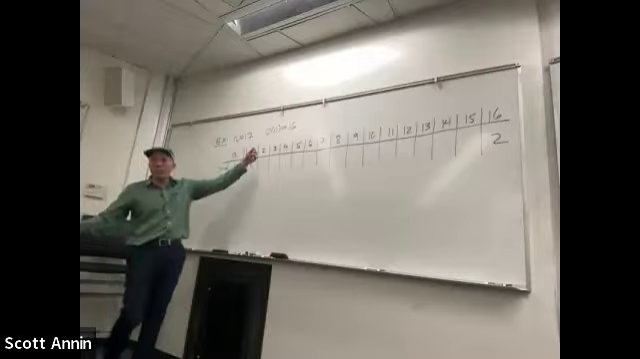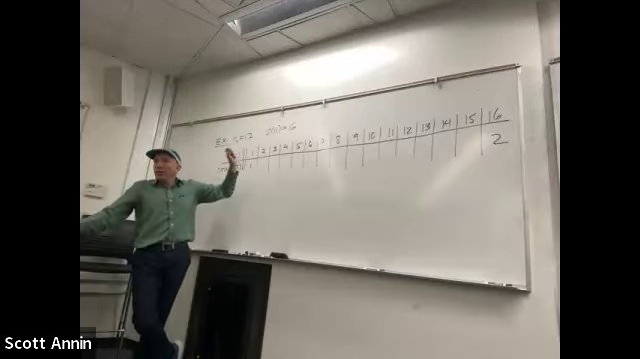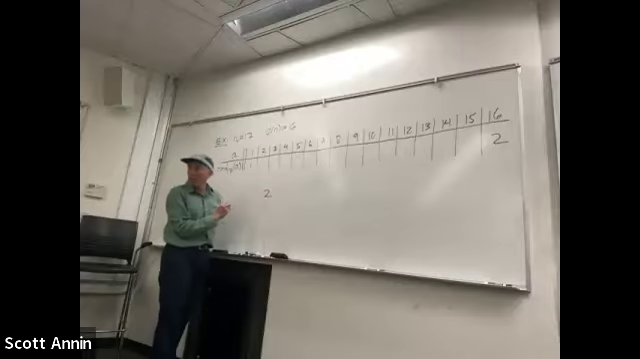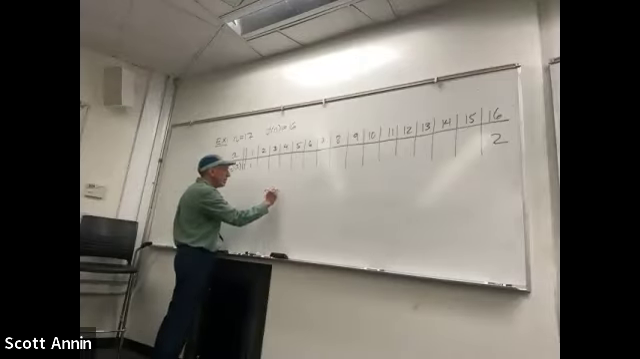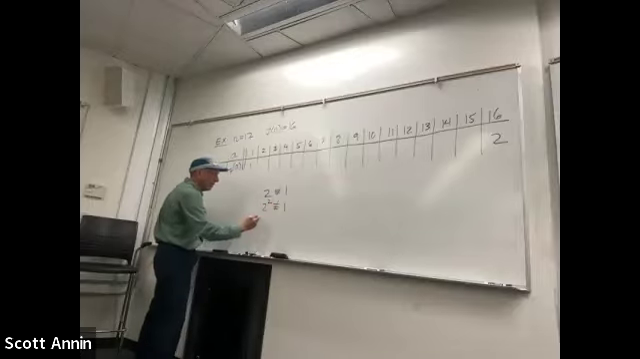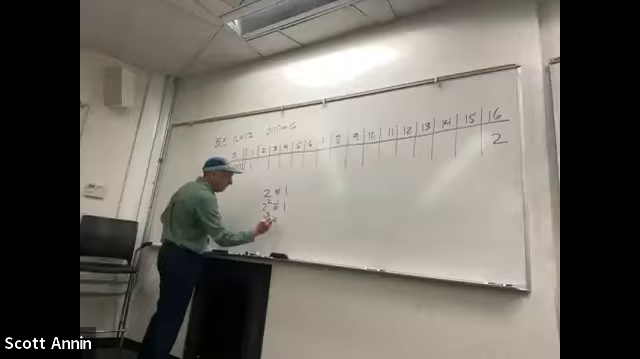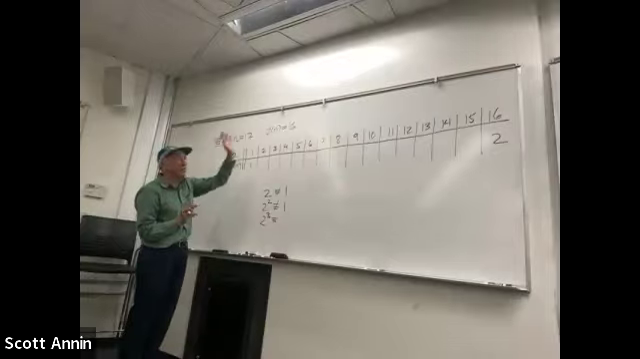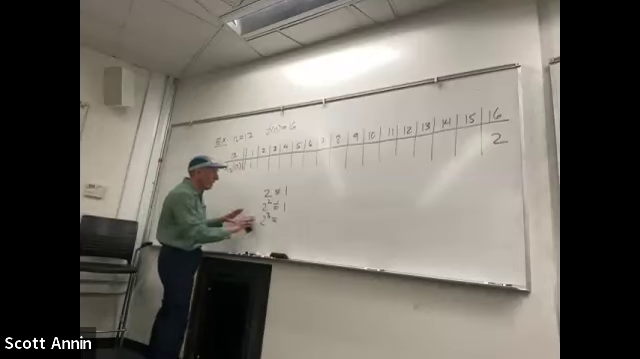Okay, let's think about 2. I want to figure out the order of 2. So I start taking powers of 2 until I get back to 1. So I start with 2, that's not 1. 2 squared is not 1. 2 cubed, I don't have to do it. Remember, the order has to be a divisor of 16. So I can basically,